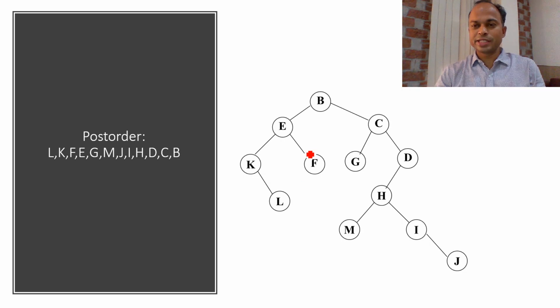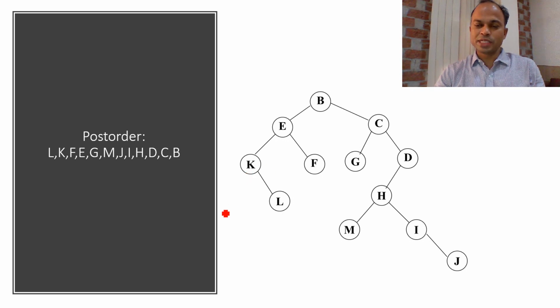Say further same tree is given. Initially we have to visit the left subtree. This is the root. This is your left subtree. We have to visit the left subtree. Further is the root. We have to visit the left subtree. This is the root, and there is no left child available.